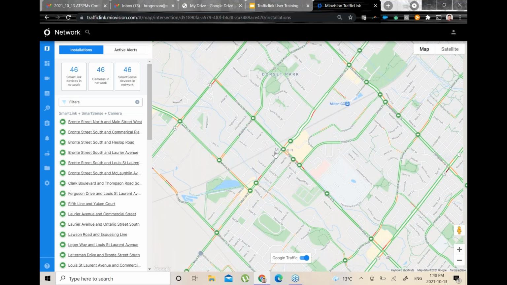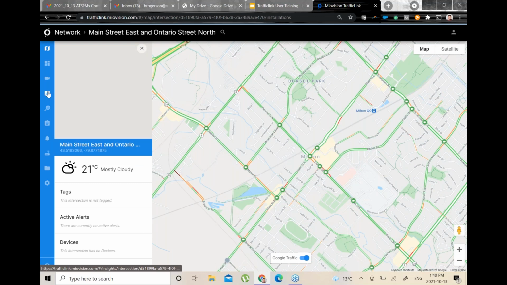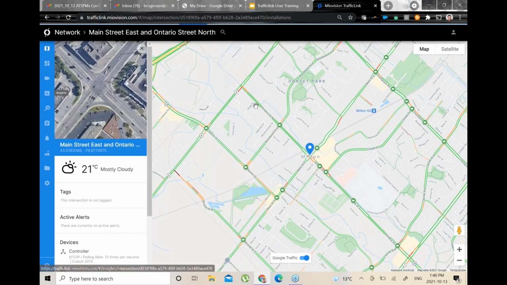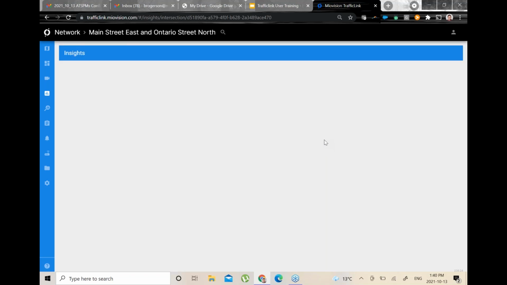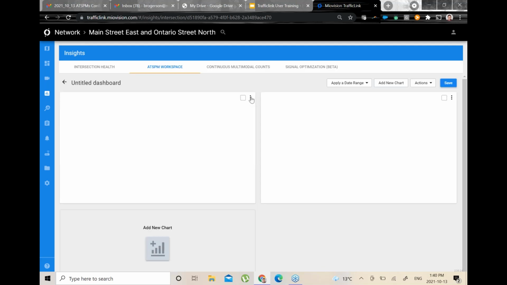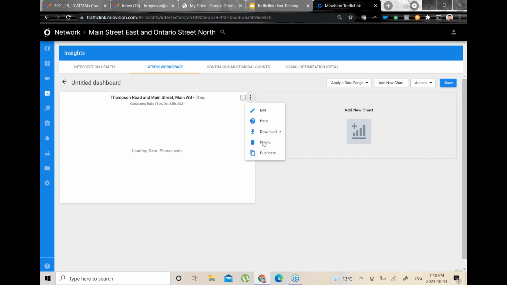There we go. Hopefully it's not lagging too much. All right, so let me load up this intersection set of charts. And we will rebuild those ones. I'll quickly clear out the ones I already had. Delete those, and we'll create a few here.